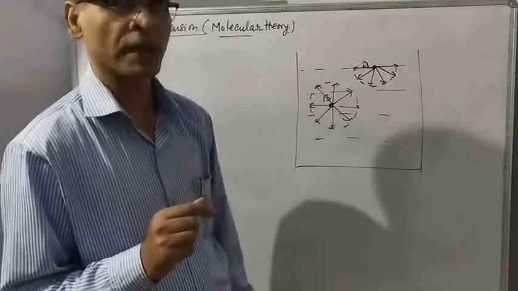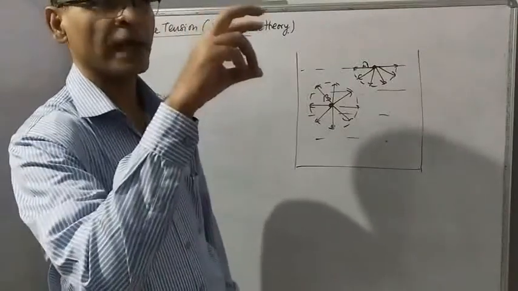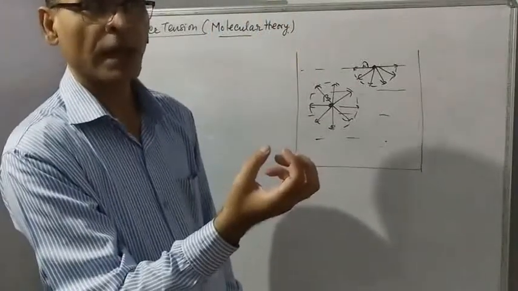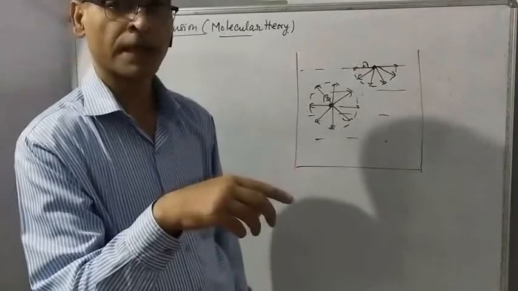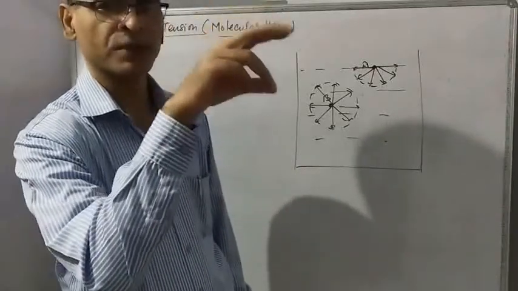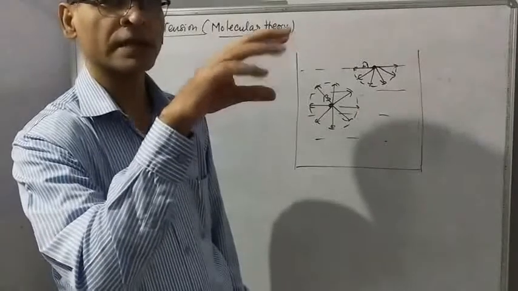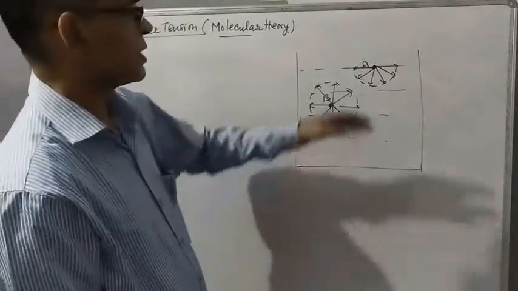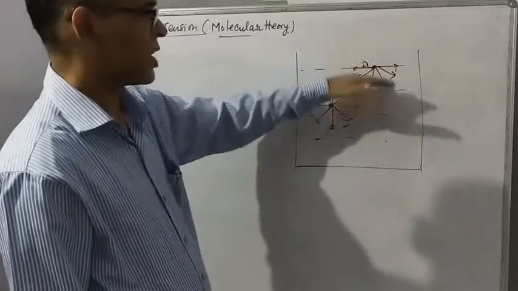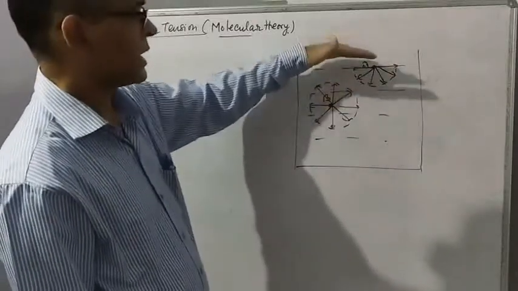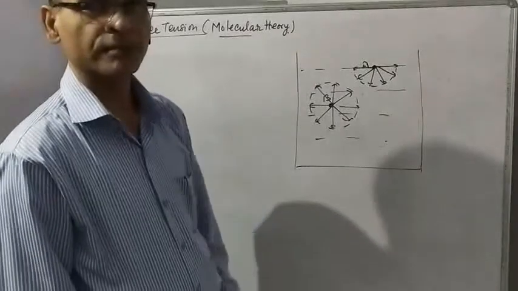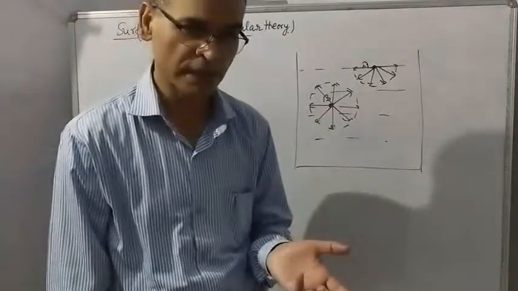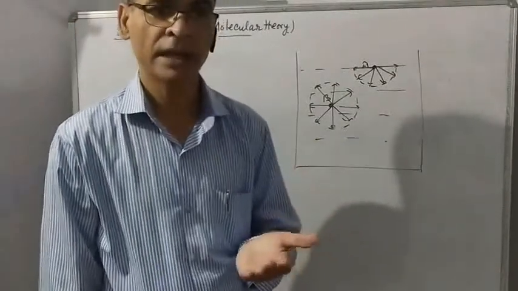I give one example to make you understand better. You know that every object experiences a downward force, that is gravitational force or weight, and in the presence of that force, if that body is maintaining a certain position, then the body has some additional energy, that is called potential energy. Similarly, these molecules are experiencing a downward force and they are maintaining a certain position on the surface of the liquid. So these molecules are having some additional energy. So in general you can say that the liquid surface has additional energy.